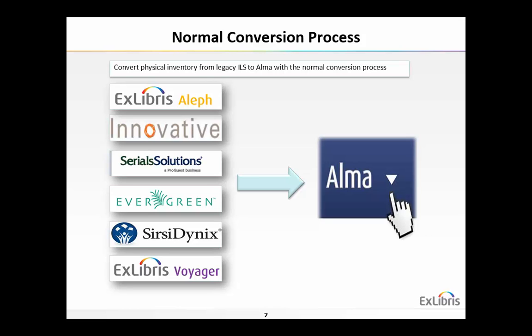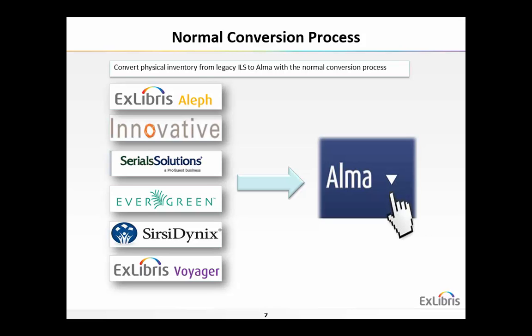Before the P2E process is performed, the regular migration process of transferring over physical inventory records from your institution's legacy ILS to Alma is completed. So, while certain steps are taken by the migration team to standardize your data for the conversion into Alma acceptable formats, as we mentioned earlier on in the presentation, at this stage in the migration operation, all inventory is assumed to be physical and will be migrated as physical